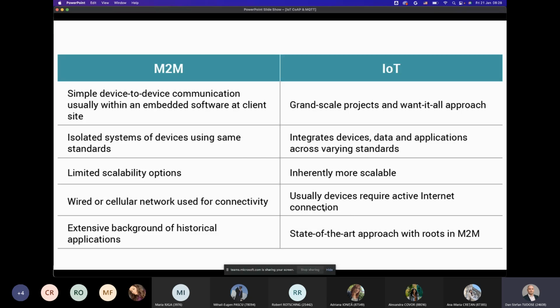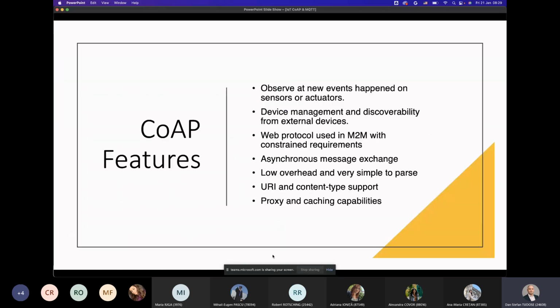Now, IoT is becoming the state-of-the-art approach with every automation system. It's even seeing some wide-scale adoption with industrial applications, but it's still not gained a considerable foothold in industrial applications just because M2M is still prevalent here.